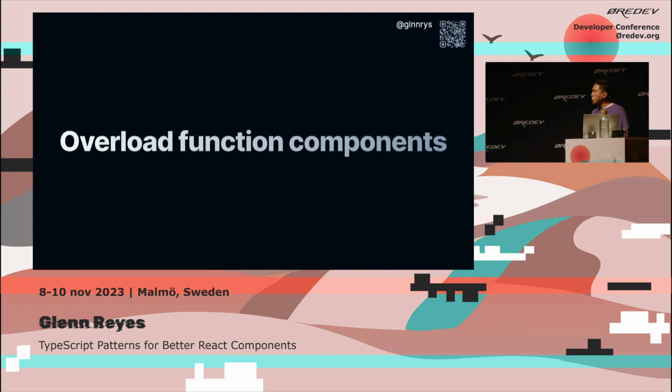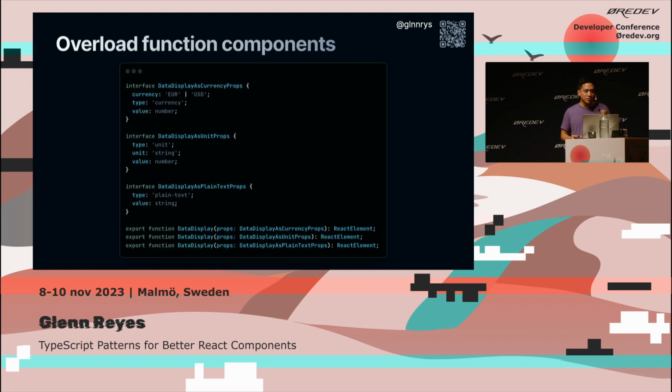Now, there is another way in which you can make components more expressive: overload function components. This is a great way, similar to discriminated components, for using props that are related in conjunction. For example, if you have a data display component that just displays some data, and you want that data displayed as a currency,